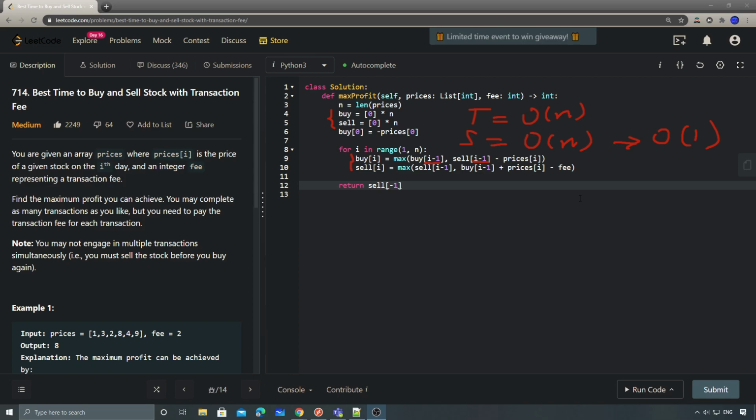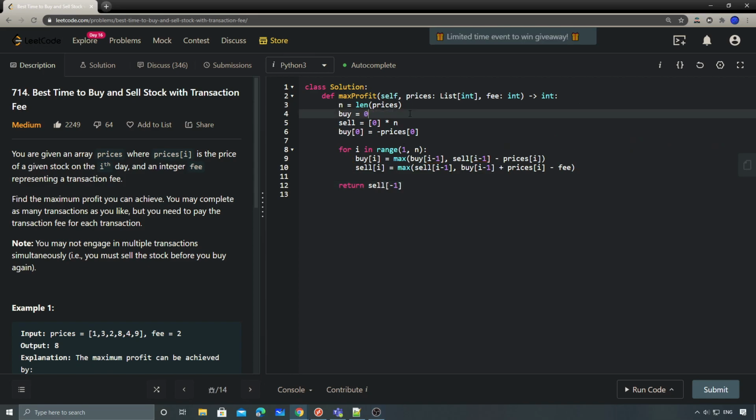Okay, and the way to do it is kind of straightforward. Instead of arrays, we just define two variables, right? So we just remove that. Now the buy becomes this buy, and it's going to be the I, right? So similarly for this sell, we simply remove those two things, and the buy